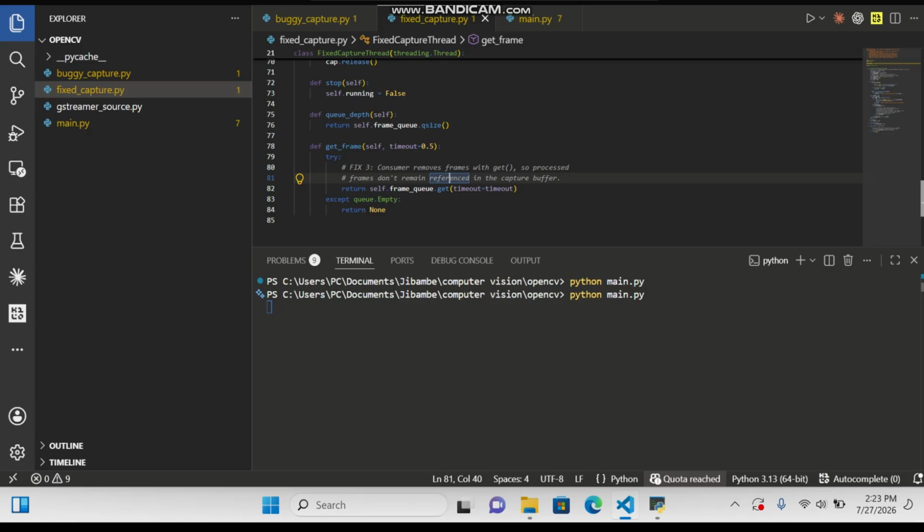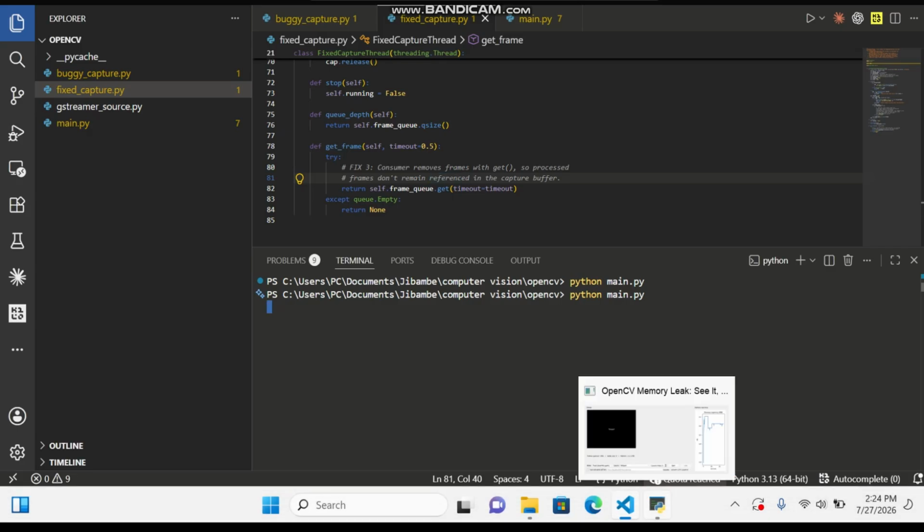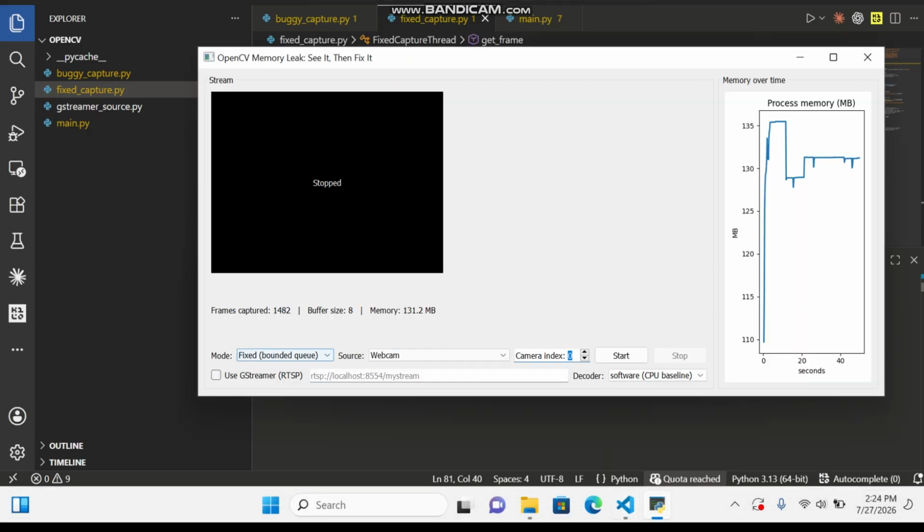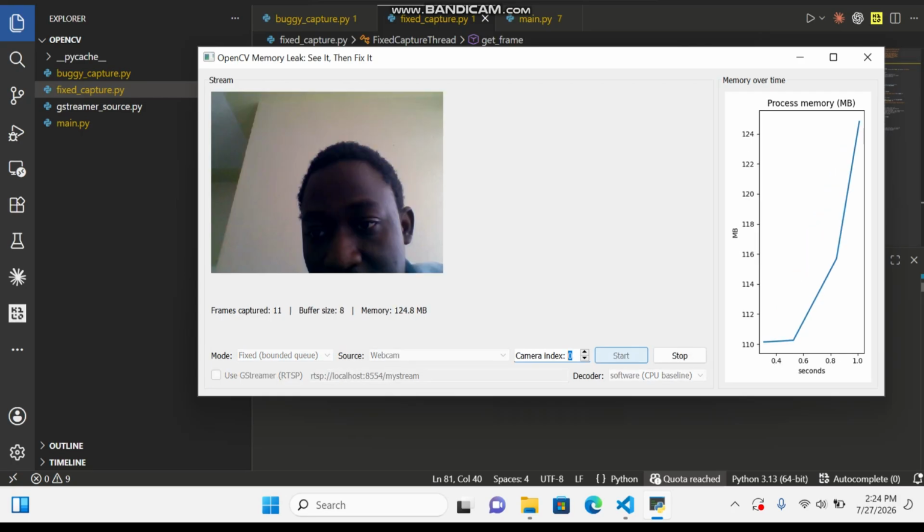The consumer removes frames using the get function. Once we have already processed the frames, you don't have to store them anywhere, so they are released from the buffer. Let me run the program again so that you can see the difference of what is happening. I'll go back to the one that is fixed, then run it. Now look,